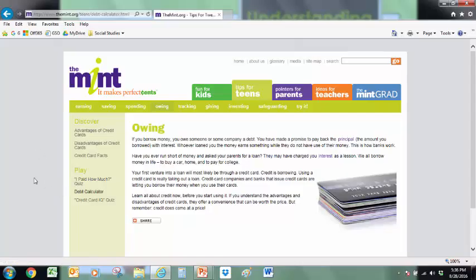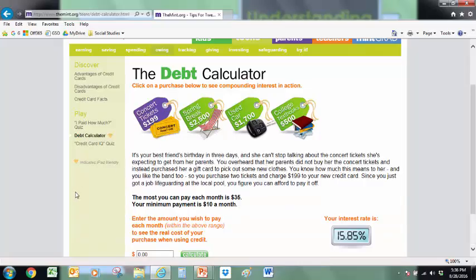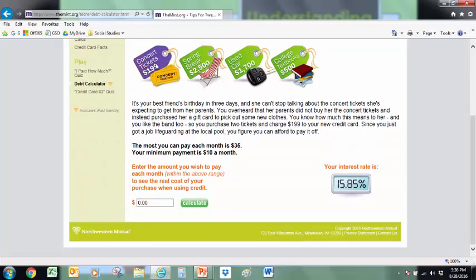Using a debt calculator like this one will help them to see some of the high interest things that they might want to do, such as maybe going to a concert. It will help them to see, okay, well, the concert really originally cost this much, and I can pay this much a month, or I can pay as little as this much a month. Using this interest rate, that's a typical interest rate that might be